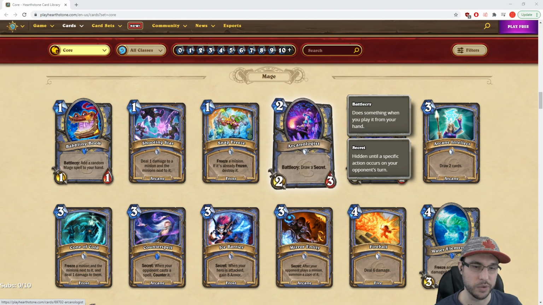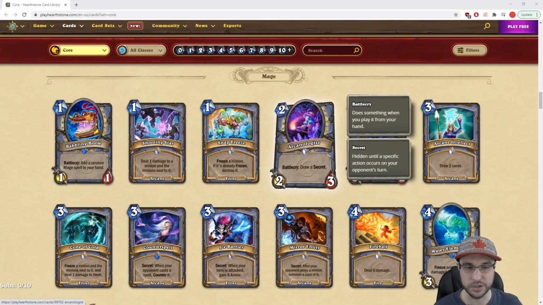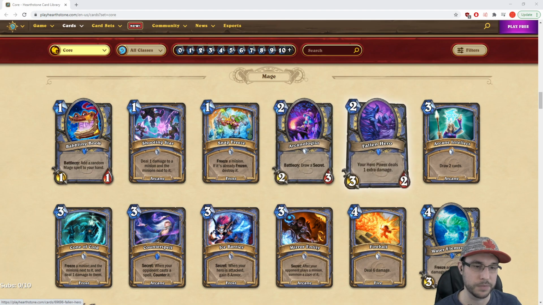Arcanologist, returning wild card, 2 mana, 2/3, Battlecry, draw a secret. This is a very strong card. It still sees play in Wild today. It has an ideal 2 mana body and draws a targeted card that you should be able to play on your next turn. So very strong. The Fallen Hero, returning wild card, your hero power deals 1 extra damage. Wasn't ever really used, but